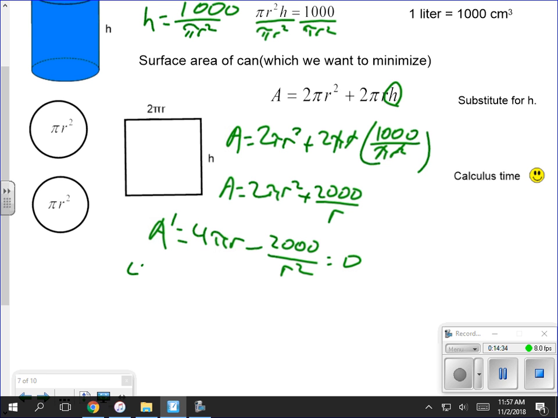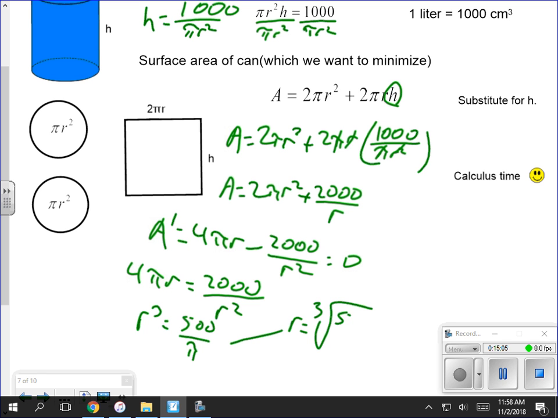which means that we have 4 pi r equals 2,000 over r squared. Multiply both sides by r squared. Divide both sides by 4 pi. You get r cubed is equal to 2,000 divided by 4, which is 500, over pi, which means that r equals the cube root of 500 over pi, which is approximately